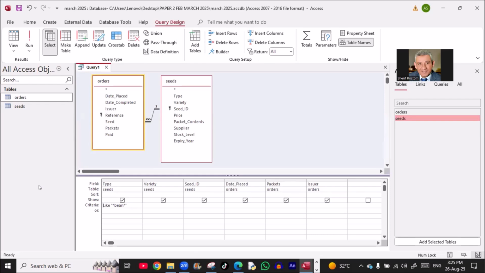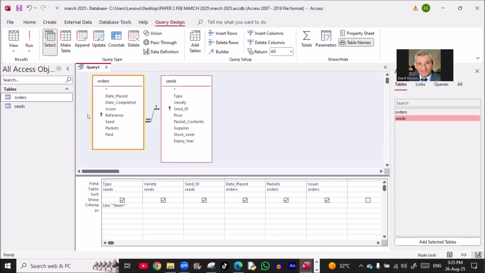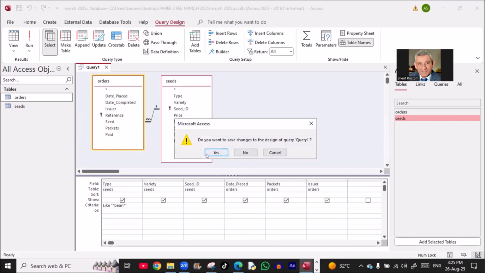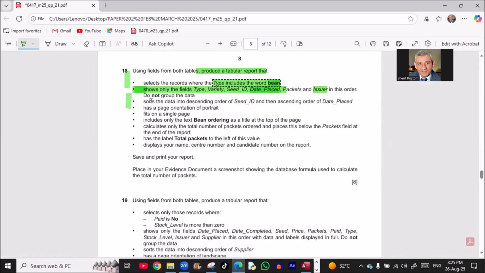Okay. And that's it for the query. So we can close the query and save it as a query. Let's save it as query one. Now we need to go to